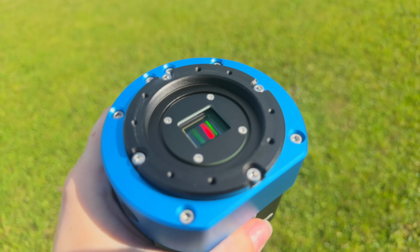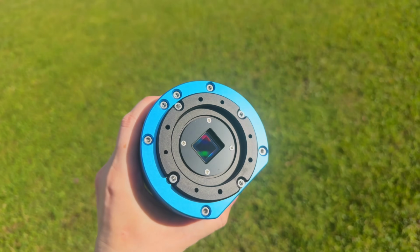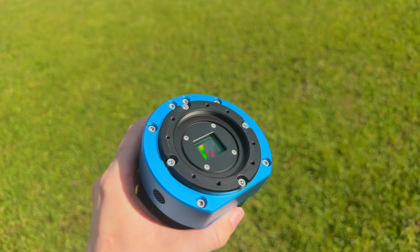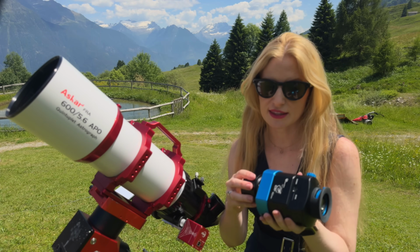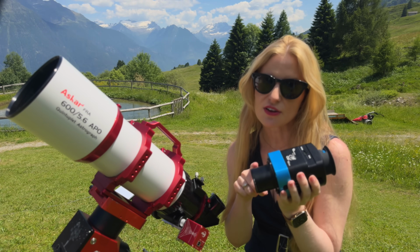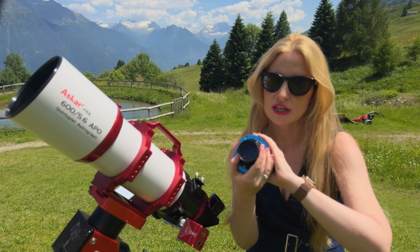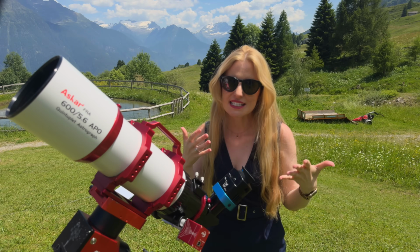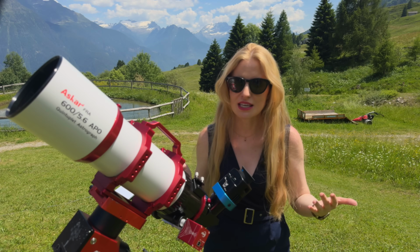And finally, at the front of the device, we have the large cooled IMX533 sensor. The same sensor many astrophotographers already know and love. Around it is an M54 thread, which is where you screw in the included 2-inch nosepiece. The nosepiece itself also has internal threads for 2-inch filters, so you can install a luminance or narrowband filter. Altogether, it is a solid and well thought out package, but there are a couple things to keep in mind